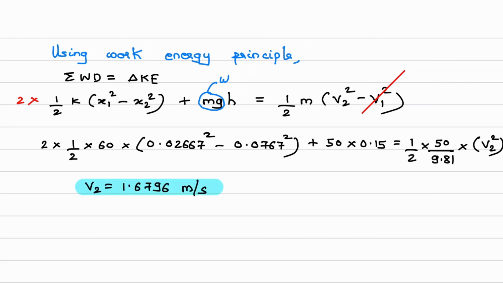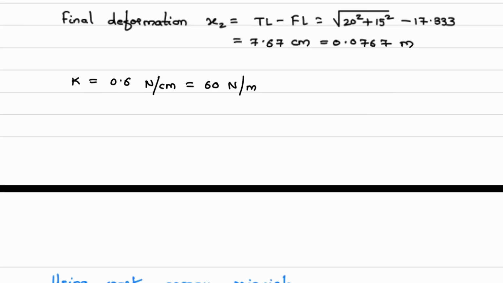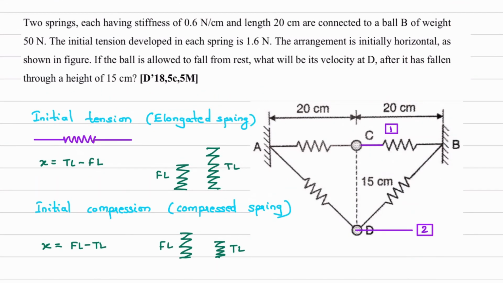Now this numerical can be solved using centimeter units as well. If you are comfortable with centimeters, everything is given in centimeter, so you just substitute the value and you will get the answer. That answer will also match with this one. It will be in centimeter per second, and this is in meter per second. You will get the same answer, but when you are using meter per second unit, you have to be careful. When you are converting the units, don't forget to convert the K unit as well. You have to convert the K unit and the distances as well. Don't convert partially. So this was about the numerical which we saw here.